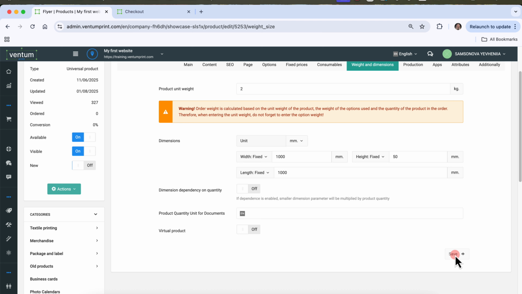Let's make the task more complex. Suppose the customer ordered several such canvases. During packaging, one canvas is stacked on top of another. In this case, the width and length remain unchanged at 1000 millimeters, while the height increases. Each canvas adds another 50 millimeters to the height. If 3 canvases are ordered, the parcel dimensions will be width 1 meter, length 1 meter,